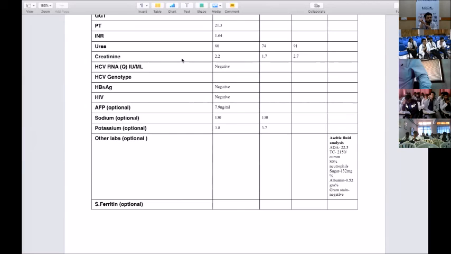Sir, which diuretic is safe in this patient? No diuretic. Irrespective, you need to initially take care of the kidneys, and he may require dialysis. No diuretic. Sir, role of hepatic dialysis in this patient? Oh, he's too sick for any kind of dialysis. He'll require a renal dialysis rather than a hepatic dialysis.